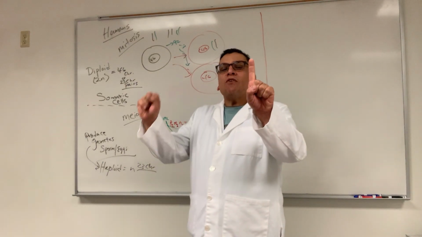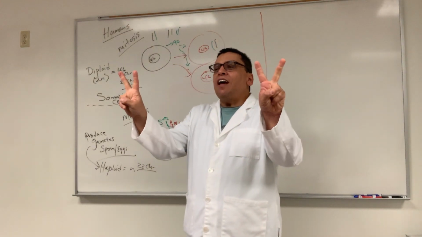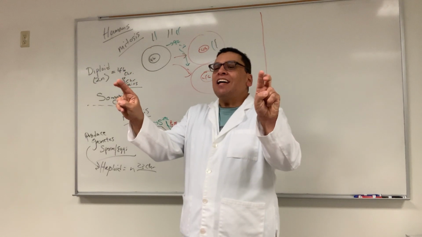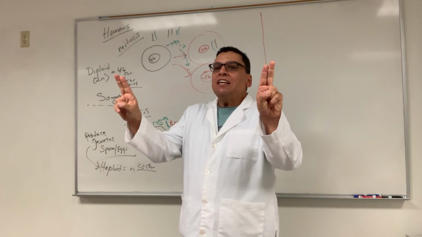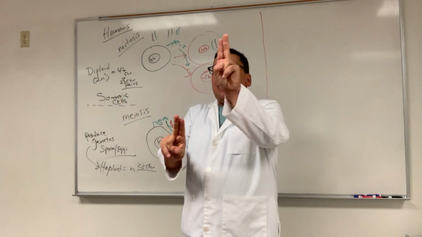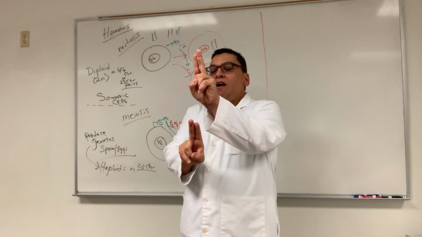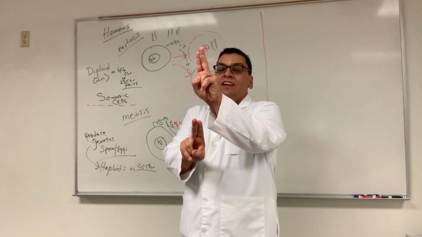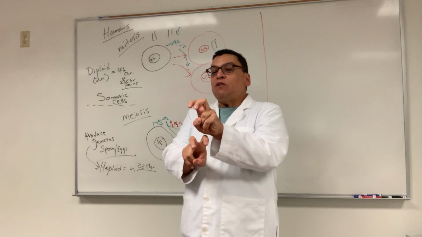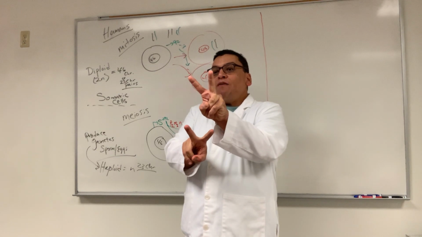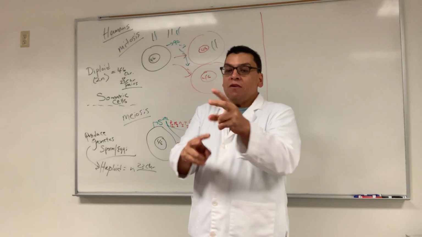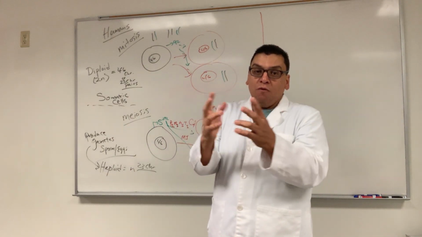Let's do it one more time. Chromosome 1 from mom, chromosome 1 from dad. They duplicate in which phase? S phase. They come together, attach at the centromere. Which phase? Prophase. They line up. Metaphase. Right now they're called chromosomes, but they're made up of 2 sister chromatids. But once they separate, in which phase? Anaphase. Now each one of them is called a daughter chromosome, because we're following the chromosomes with the fingers there.